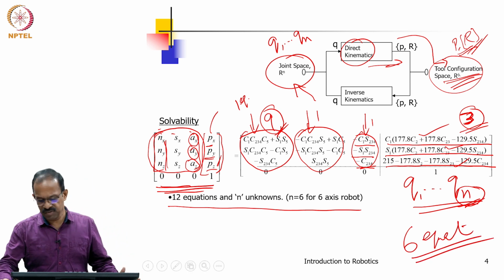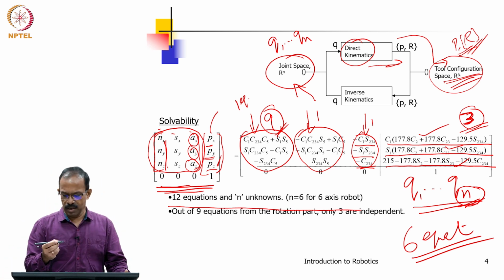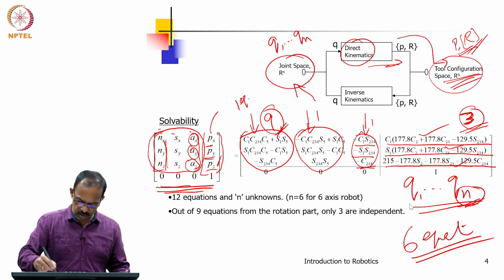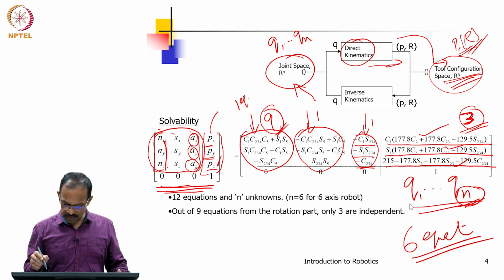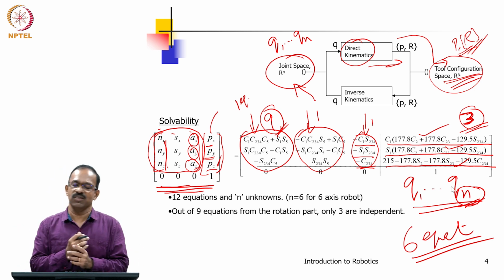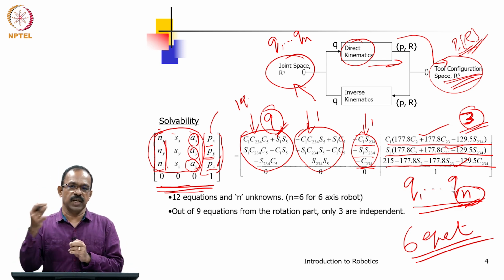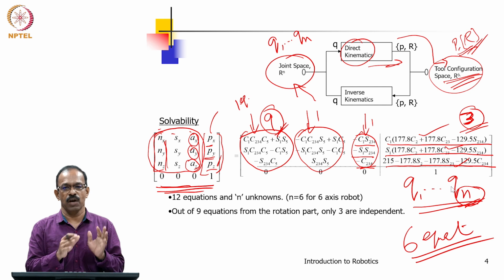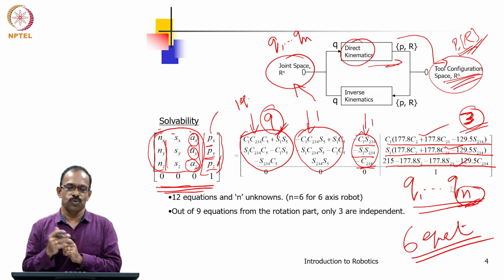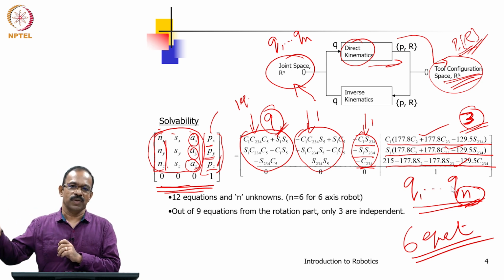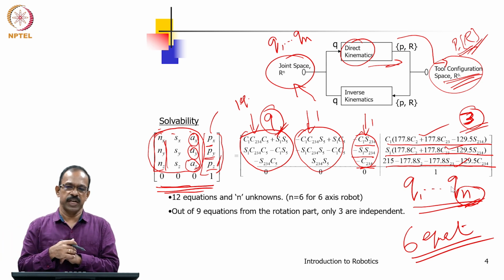So, you can actually get 6 independent equations from the R matrix. Using the R matrix you will be able to get 6 independent equations to solve for the n variables. So, 6 equations, and now we have n variables. If n is equal to 6 or less than 6, we can solve the problem, but when n is equal to 7, you will not be able to solve because you have only 6 equations and 7 unknowns. So, you have to select one and then get the other 6. That leads to multiple solutions depending on the values of the first assumption.